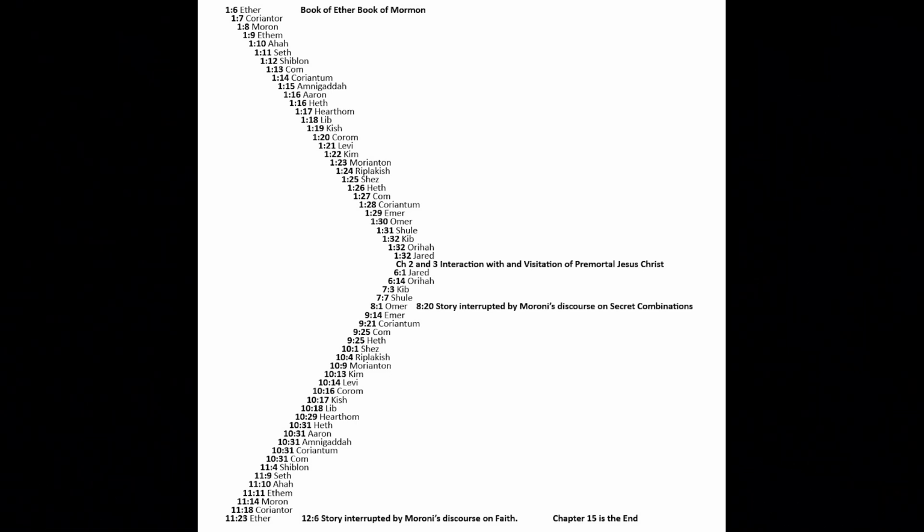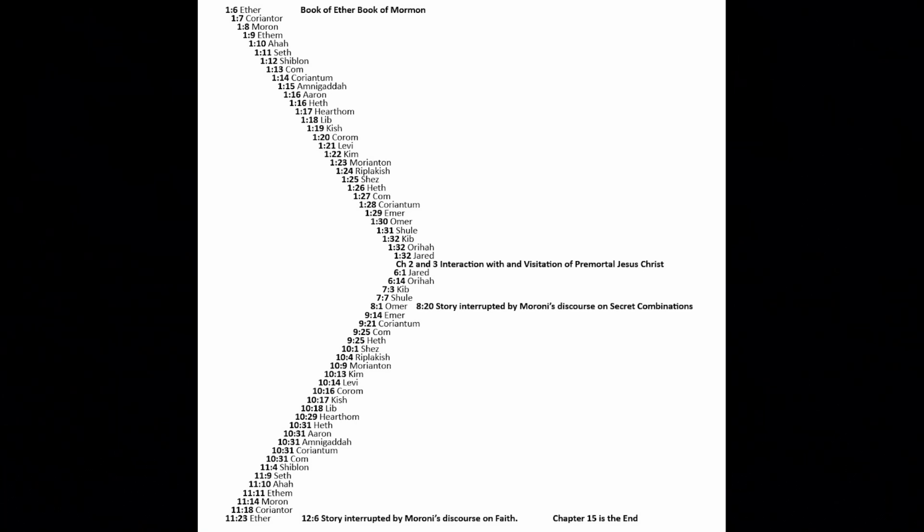And so Chapter 2 and Chapter 3 form the central idea of this entire chiasmus of the whole story. It's, hey, the visitation of Jesus Christ is the most important thing. And so as an overall chiasmus structure, it's really beautiful. You have 30 different names, the interaction of Jesus Christ, and then 30 different names repeated in reverse order till